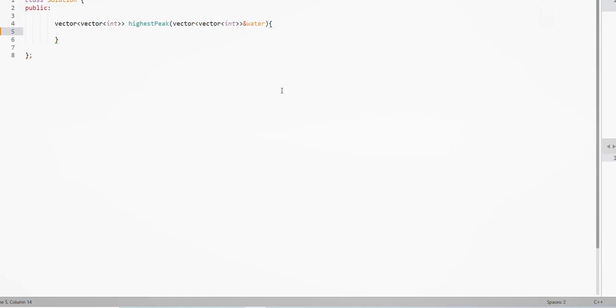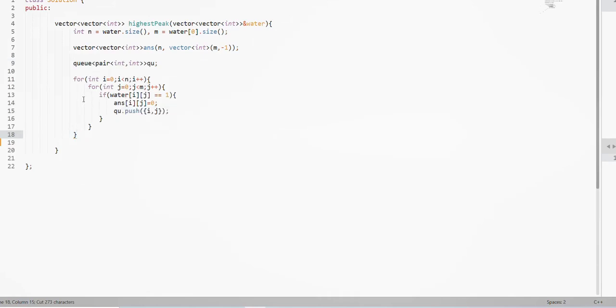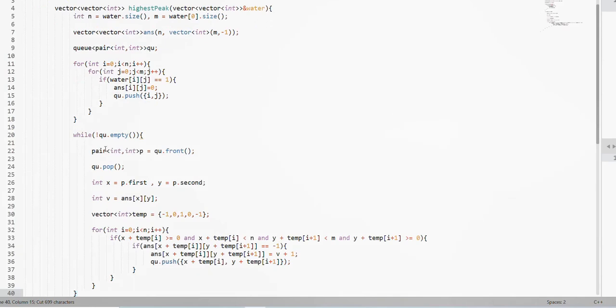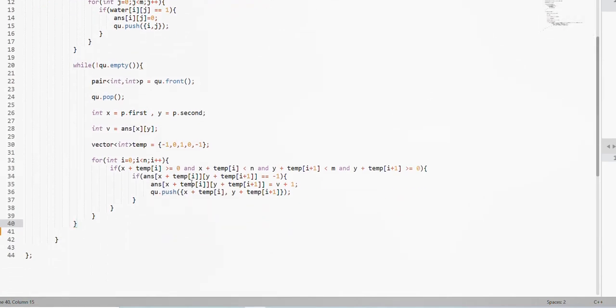Okay, so this is the solution class where we have our highest peak function, which takes in this water array and returns the heights array, which is also a 2D array. And so I calculate the dimensions of this water array, and I declare an answer array of dimensions n cross m, same as the dimensions of water array. Then I declare a queue and push all the water cells into the queue while initializing the water cells with height 0. Then I run my BFS search,